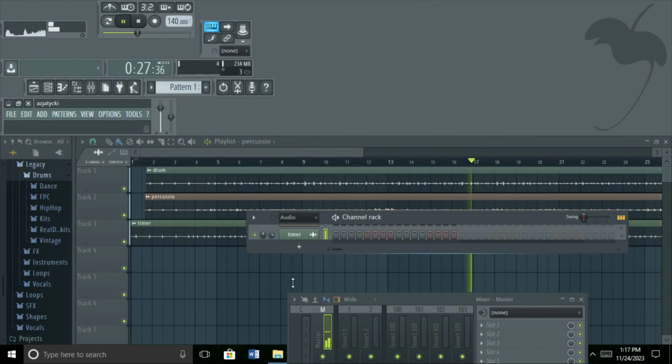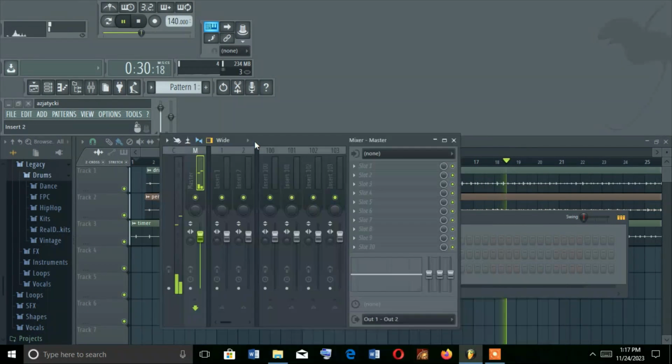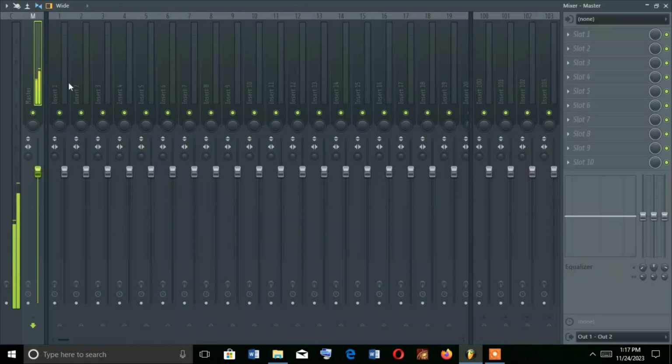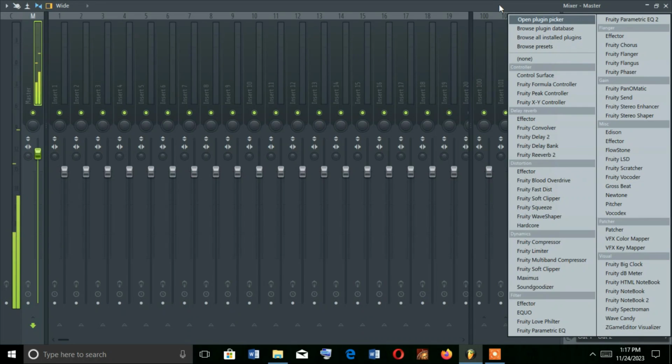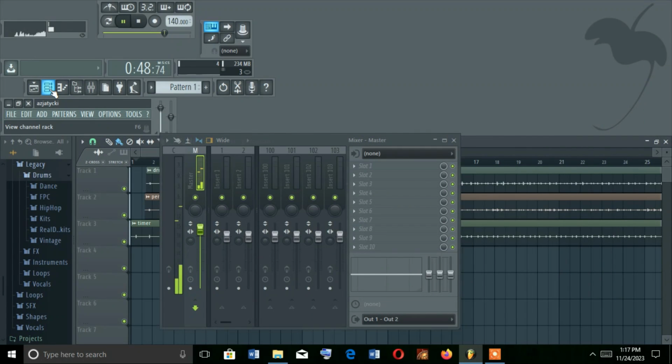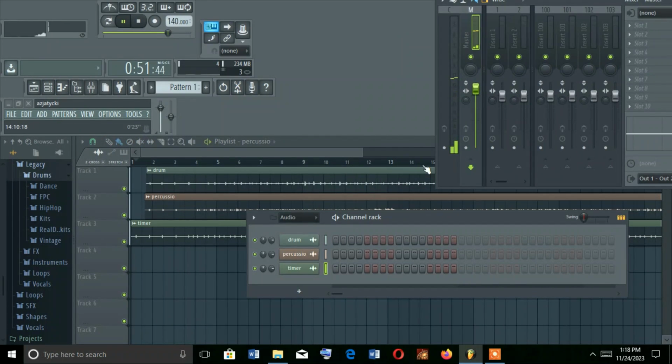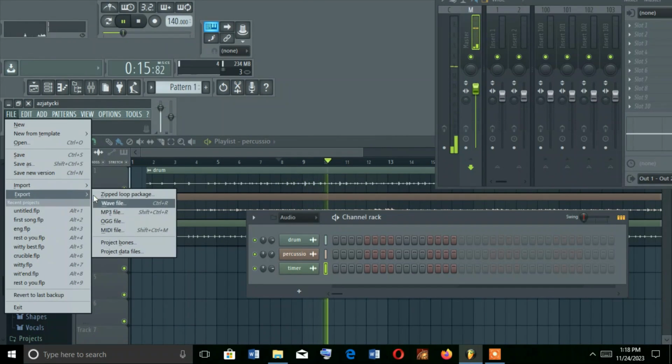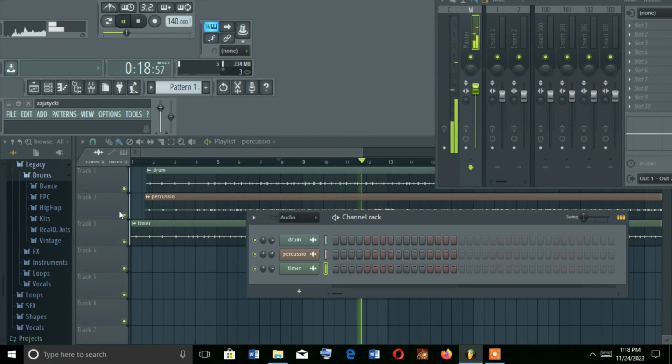There are other settings you can still do, but this is the main thing. The next thing to do is we can increase volume, add effects, and other things. The next thing is to export. So you can do other settings, set volume, use effects and mixer. There are a lot of things to do. So I'll just export it now as my